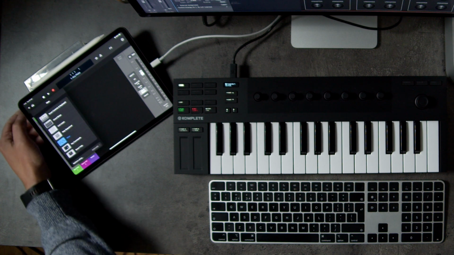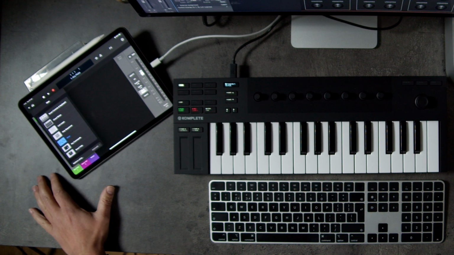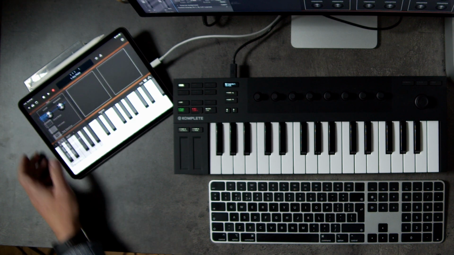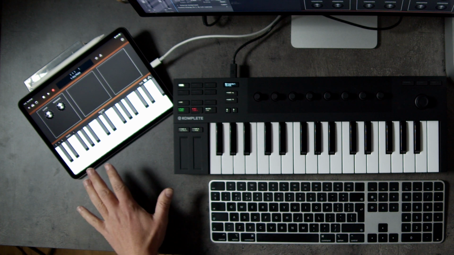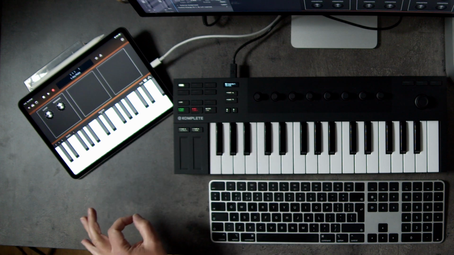But it's also worth bearing in mind that if you're an iPad user, then obviously all of the smart controls are available here as well. So by clicking on the little down arrow, I can then click on smart controls, and we'll see that the parameters that I've assigned have been mapped. Now we'll see that everything else is empty, and one thing that's worth knowing about the iPad is that